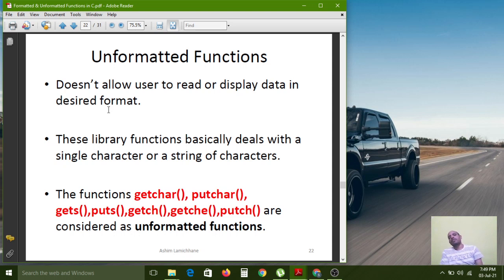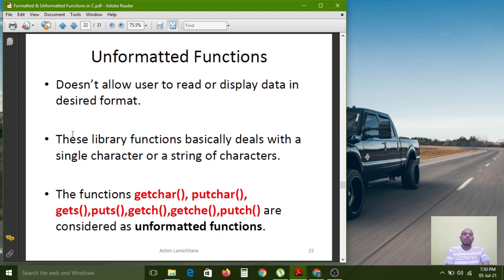But with unformatted functions the desired format is not possible, because we don't have any chance to use format specifiers along with these functions. That's why it does not allow the user to read or display data in the desired format.